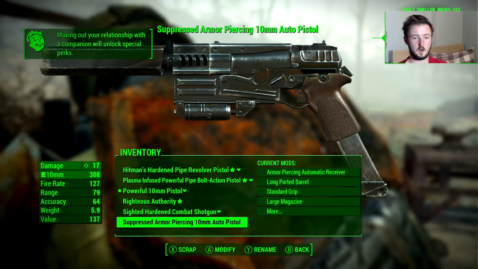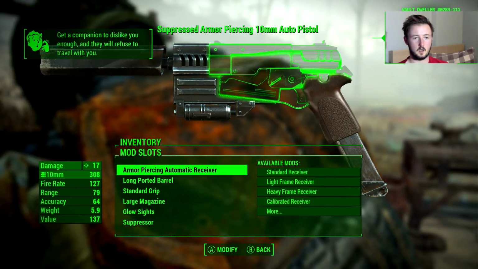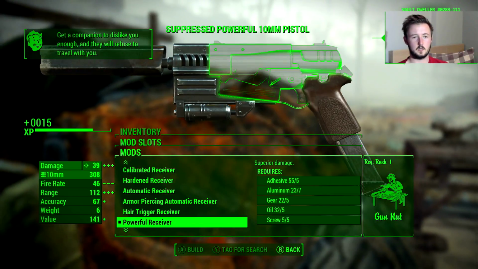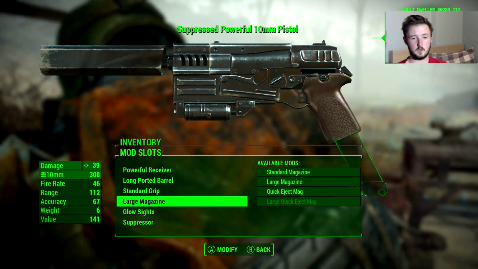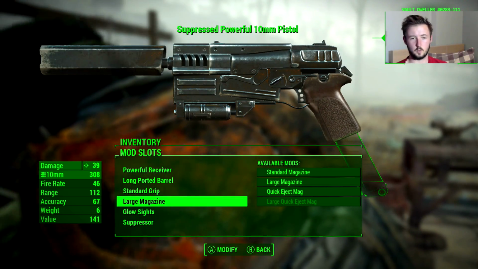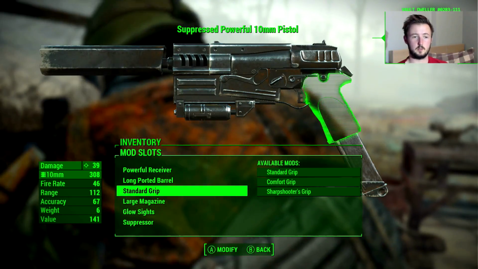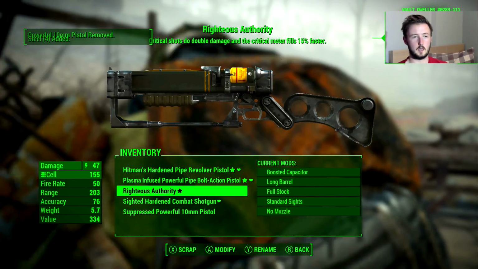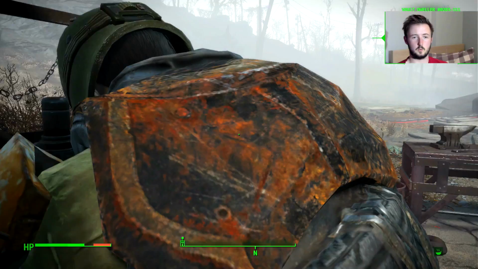But we also have our suppressed armor-piercing 10mm auto pistol, which we got last episode, which we are going to upgrade to a powerful receiver, and we will leave everything else because it's got the suppressor, which is what we really want. It's got a large magazine, a standard grip, a long ported barrel, so pretty much better than what we've already got. So that means we can scrap our current pistol down for parts, which is perfect,